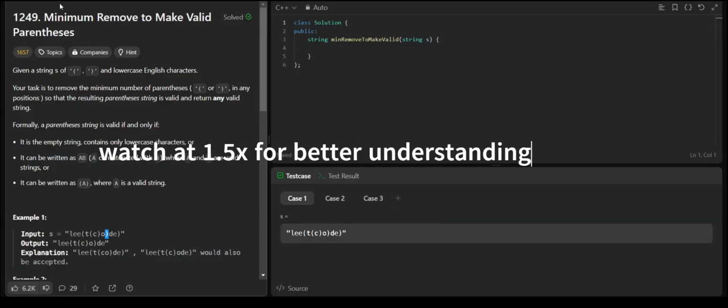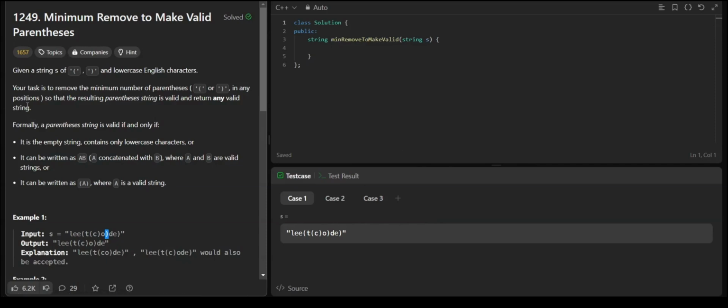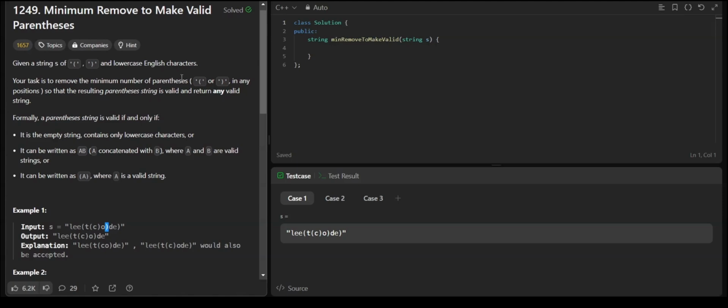So hello everyone, let's solve this question 1249, Minimum Remove to Make Valid Parentheses. In this question we are given a string s, and that string may contain some open brackets, some close brackets and some lowercase characters. Our task is to remove the minimum number of parentheses, maybe open bracket or close bracket, to make